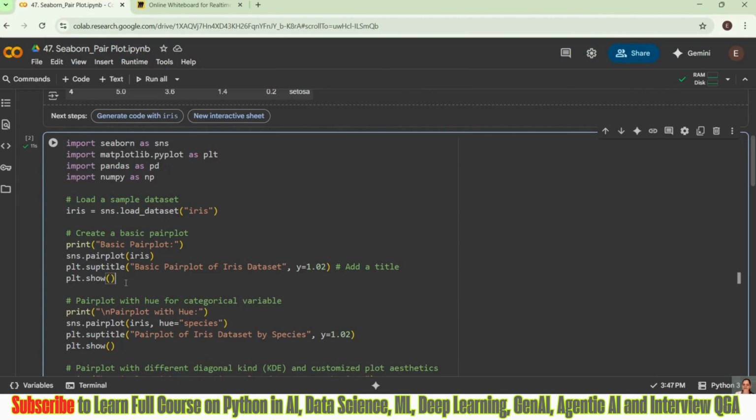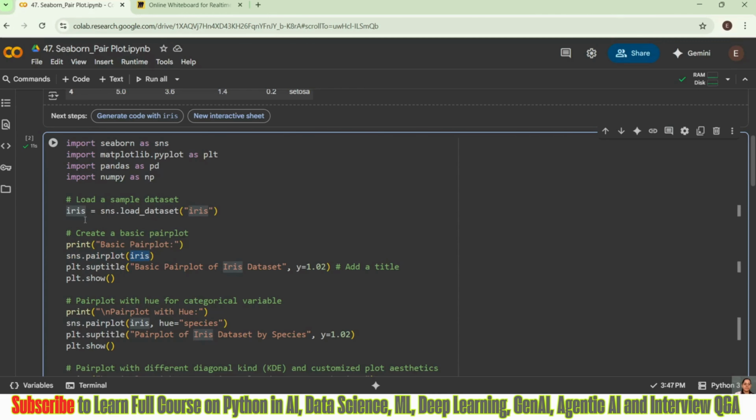Pair plot is a very basic one, and here we don't have to write data equal to your dataset. In the case of pair plot, you just need to write sns.pairplot, and give your dataset or data frame.